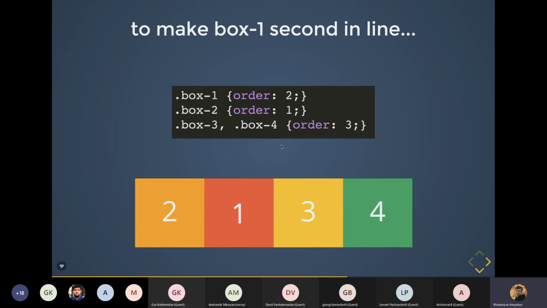As you see, the first element is placed at the second position, and the second box at the first place, as box 3 and box 4 elements have the same order value, and they will be placed in the order that you have defined in your HTML. So the next thing,